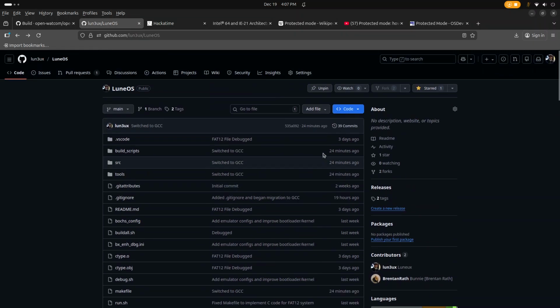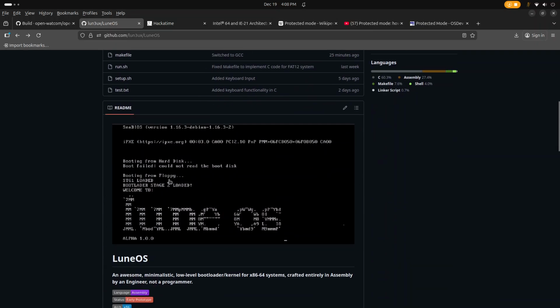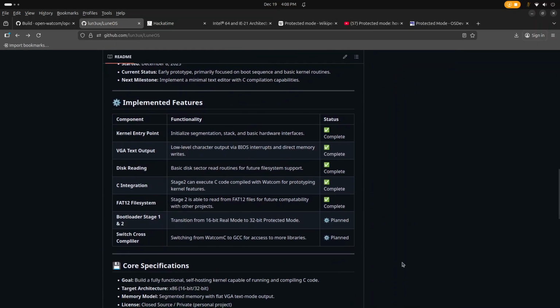One of the biggest troubles I had was coding in 16 bits using C, because I don't have access to a lot of libraries, since a lot of them are coded for a 32-bit compiler like GCC, versus a 16-bit C compiler, which I was using, Open Watcom 2.0, beforehand. So it was a lot of limited functionality. But as you can see here, I switched to GCC. Scroll on here, some features.